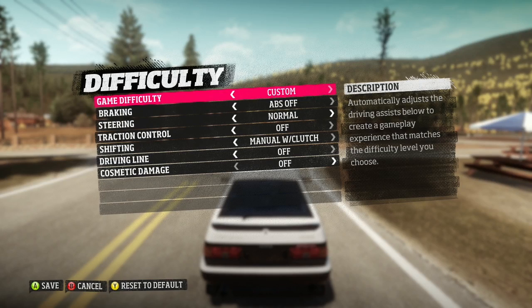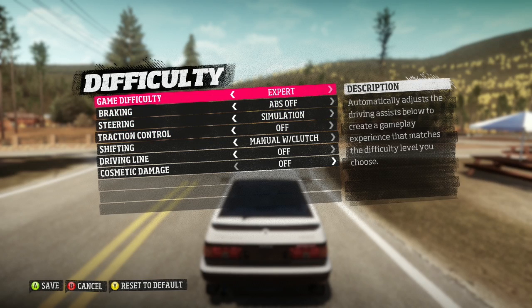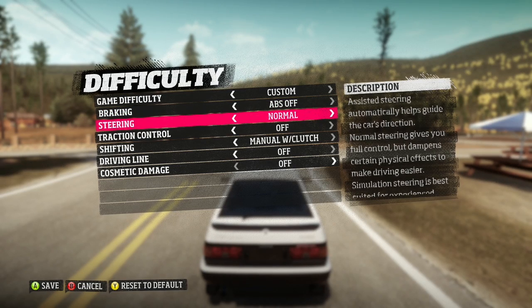Let's move on to the difficulty. There's an important thing to remember here. You don't want to put it on easy, medium, hard or pro. Where you want to put it is expert, because that's the only game difficulty which will turn off the stability manager. There's no option in this list which says there's a stability manager, but if you put it on expert it will turn it off. If you put it on any of the other ones, stability manager will turn on and you won't be able to drift properly. So put it on expert at first,